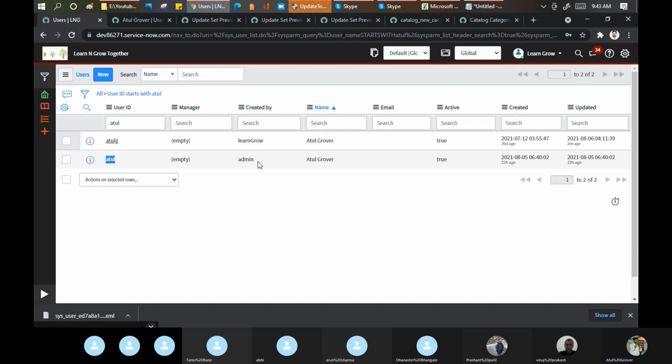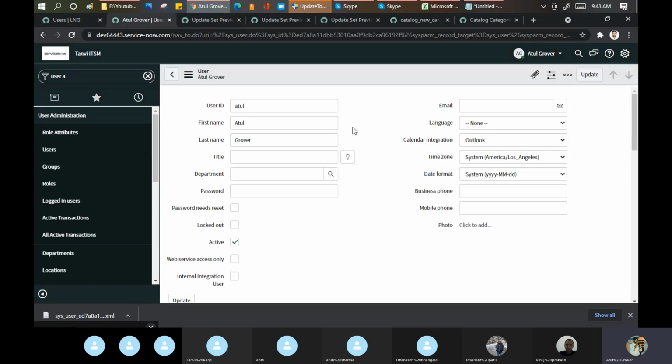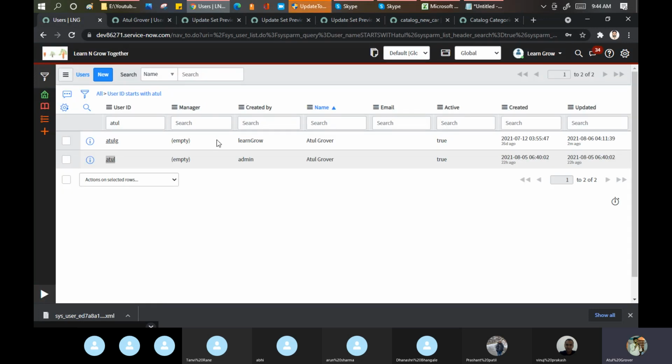That is your sys ID. You created a table, right? I can create the same table in Tanvi's instance again. Exactly the same, similar. Everything should be similar: type, name, extension, all the things. You cannot tell me which is correct or which is wrong. If you write your code on table X, which exists in dev in my instance, and the same table I created in the Y instance as well, your code will not work. You think the table name is the same, but my dear friends, sys ID is different.